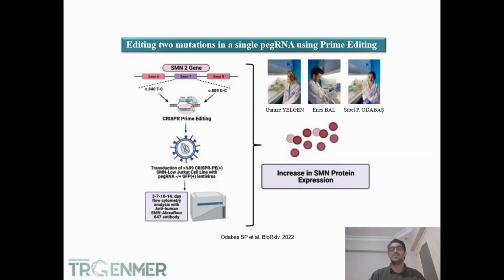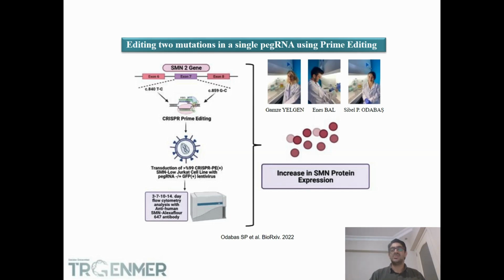And in the SMA disease, especially, there are two different genes. One is the survival motor neuron gene 1, the other one is the SMN2 gene. What we have done is changing the SMN2 gene into the SMN1 gene with the help of the pegRNA system. To do that, we designed a couple of pegRNAs and encoded them in the lentiviral system. And then we transduced the cells to change the single nucleotide polymorphism to mimic the SMN1 gene, because in the